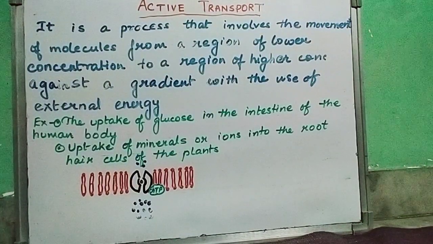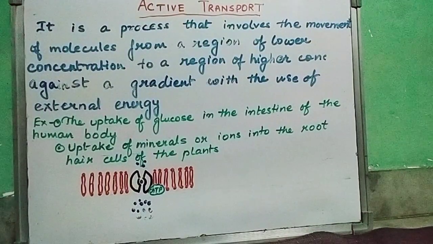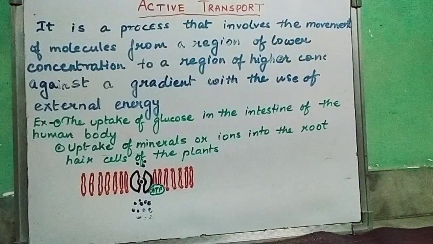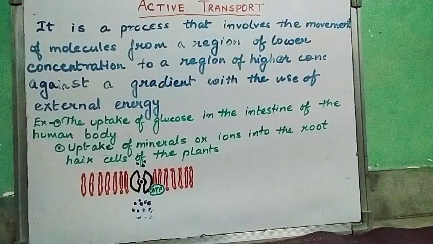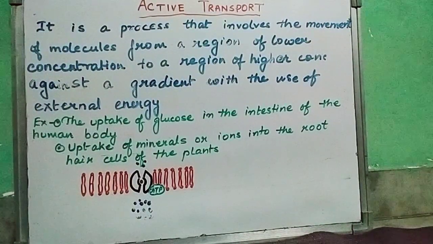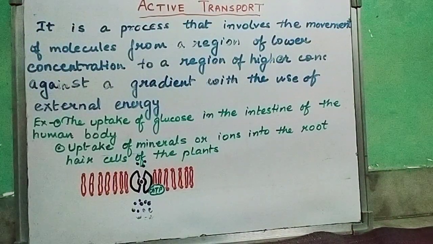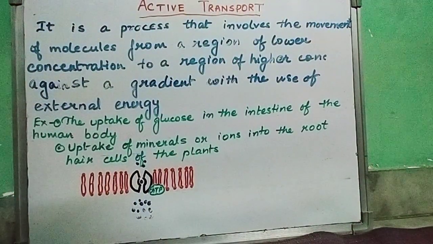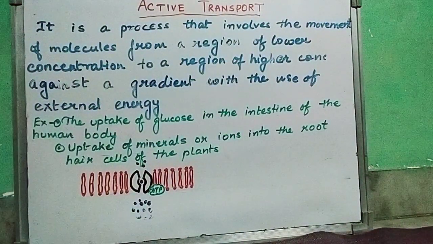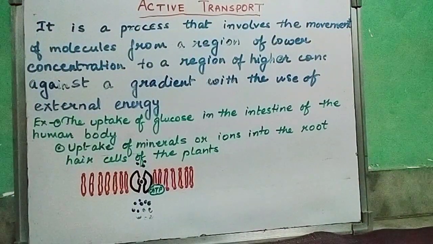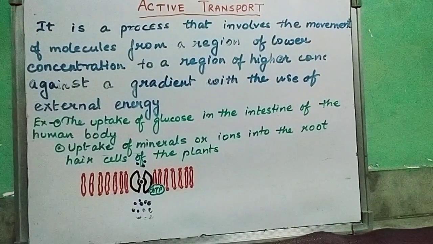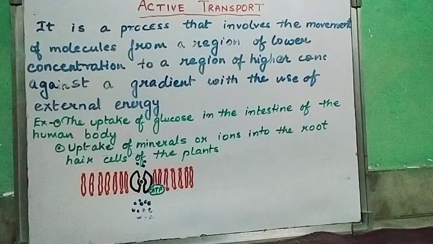It is one of the chemical energies which remains stored in the body of the living organism that helps in a lot of chemical reactions taking place in our body or in a plant's body, that is in metabolic processes, in different processes of digestion, respiration. ATP is known as the energy currency of a cell. For example, here I have written the uptake of glucose in the intestine of the human body. Here also it is an example of active transport, and the metabolism of glucose takes place by the use of ATP.